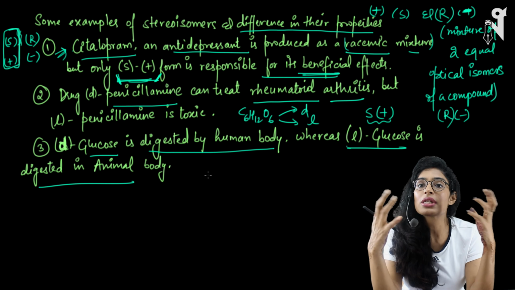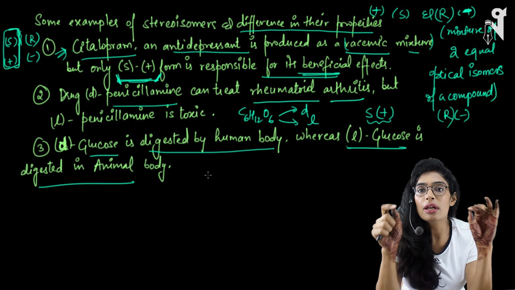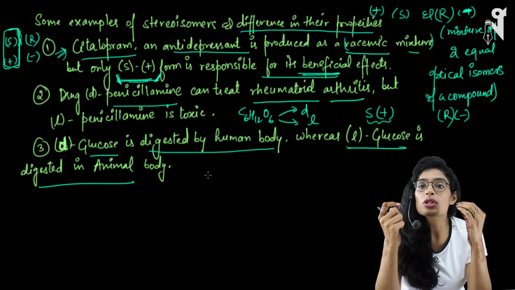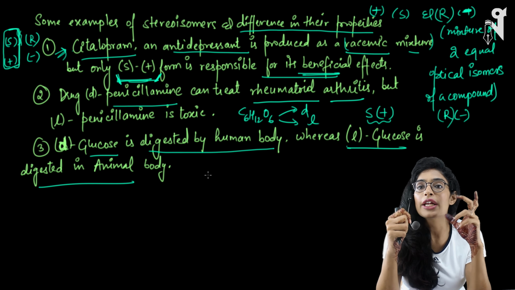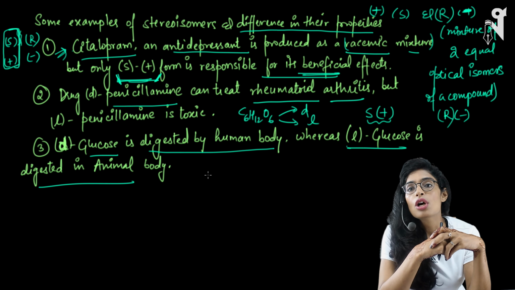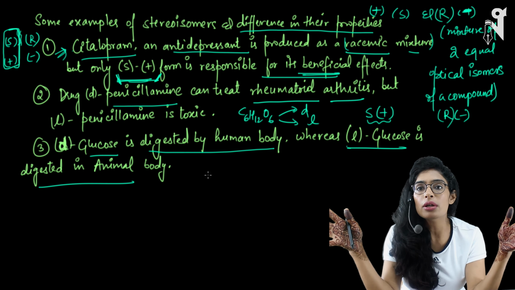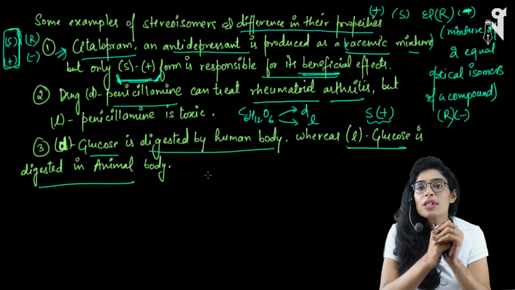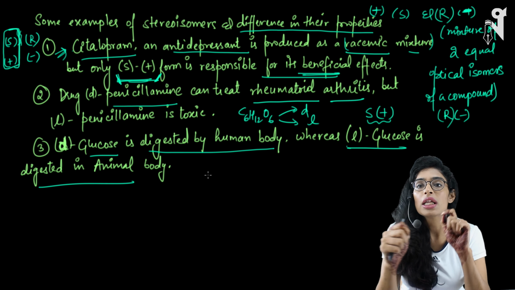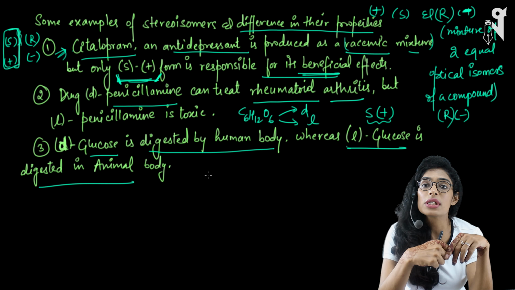So basically, no matter whether you talk about D glucose or L glucose, both will be sweet, and both will have all other properties the same, but here comes the small difference. Those small differences are due to the configurational change, or you can say the arrangement change in the 3D geometry of a molecule. Those changes won't be visible in a broader perspective, but in very specific areas you will be able to see that these isomers behave differently, and that is the importance of these isomers.